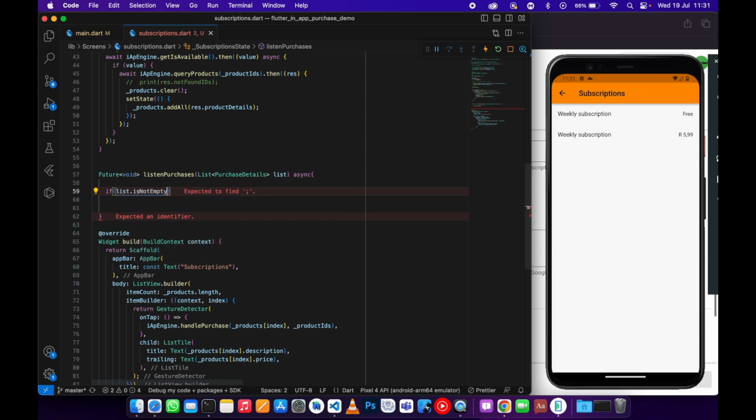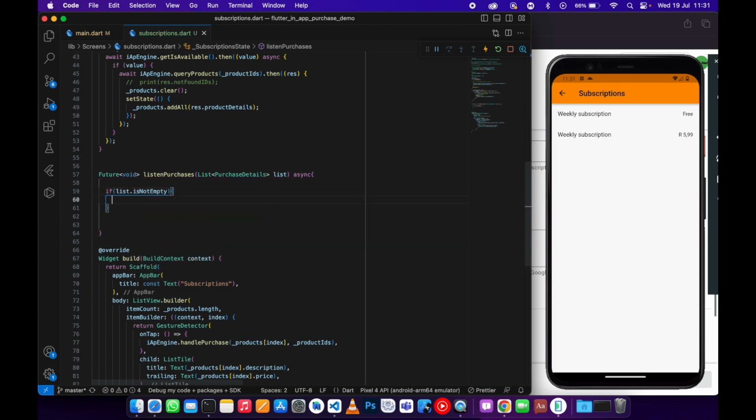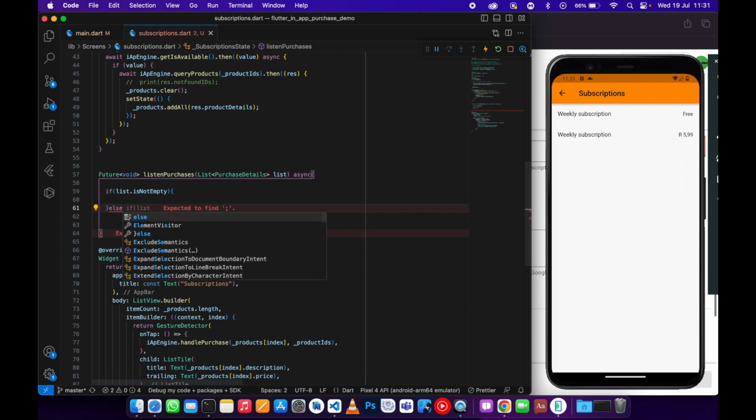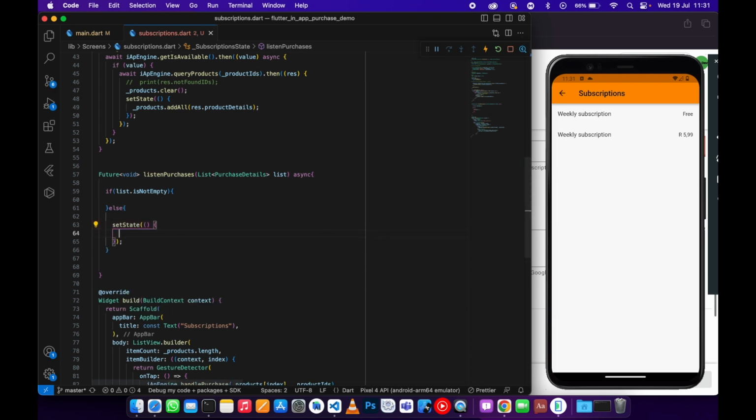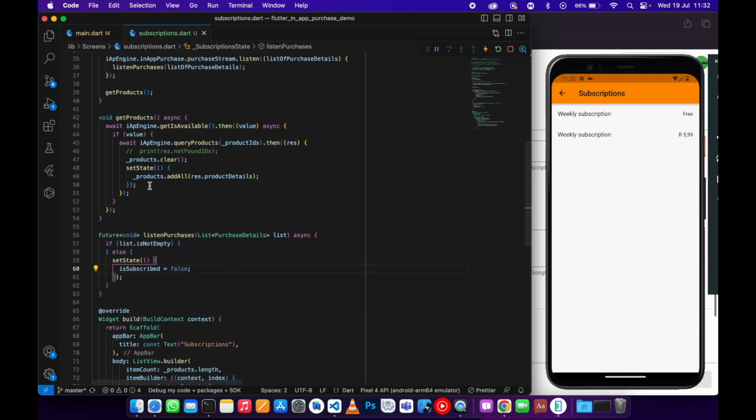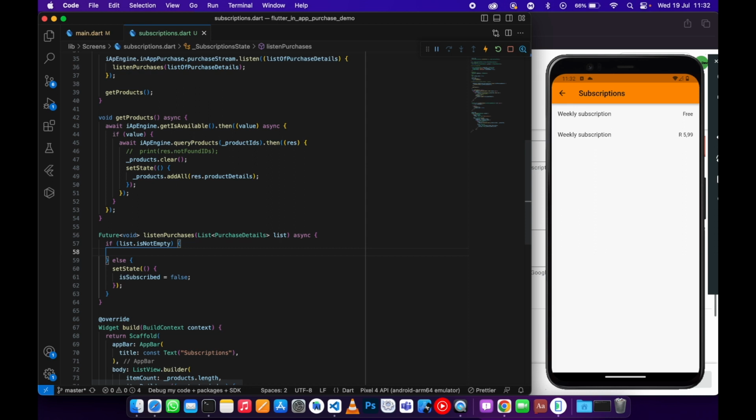So we just need to say if it's not empty, then we need to go inside else. We just want to set the state and update this is subscribed to false, right? There's no subscription at the moment. Then it will go to the else. If there's no subscription, go to the else, and then we just want to update it to false, right? And then since now it's not